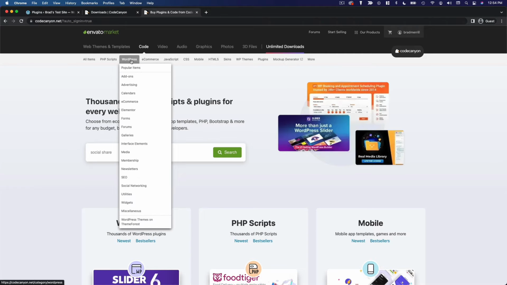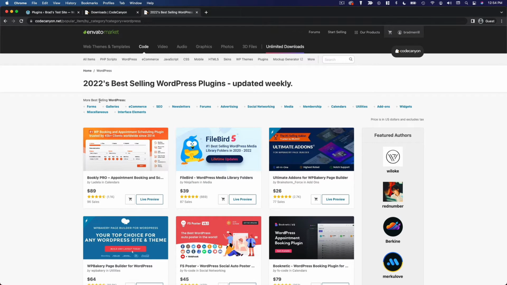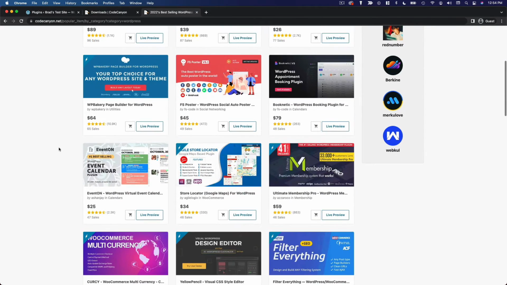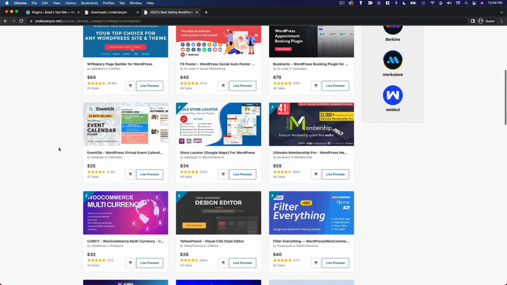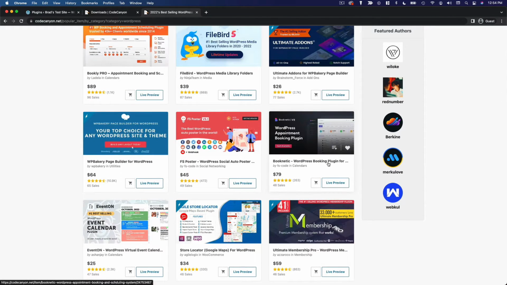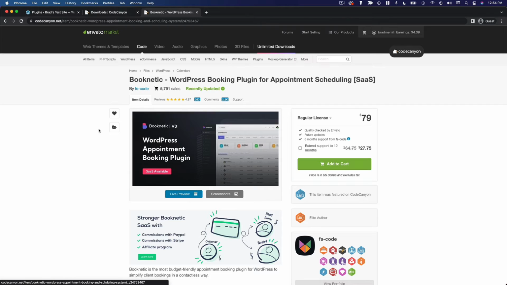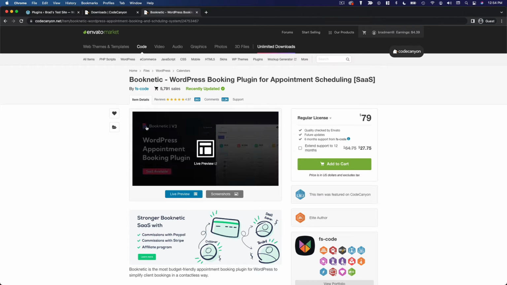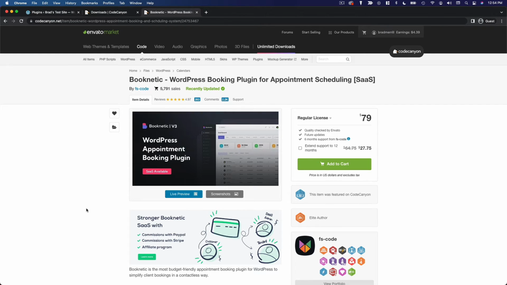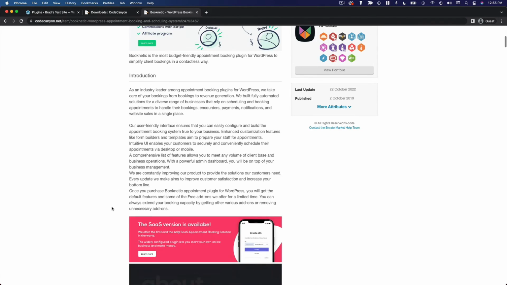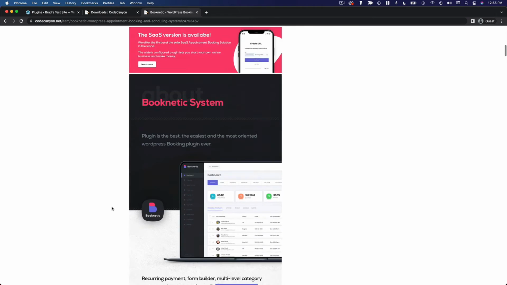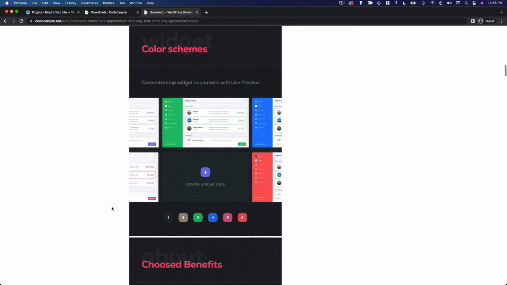Now I'm just going to go to WordPress and go to popular items, and you'll see it looks just like the ThemeForest interface. So we can scroll through, see what plugins we're interested in. Let's check out this WordPress booking plugin, WordPress booking plugin for appointment scheduling. So just like ThemeForest, you can do a live preview. You can scroll down and read the description, see some screenshots,